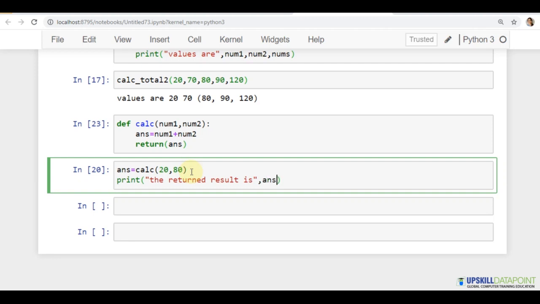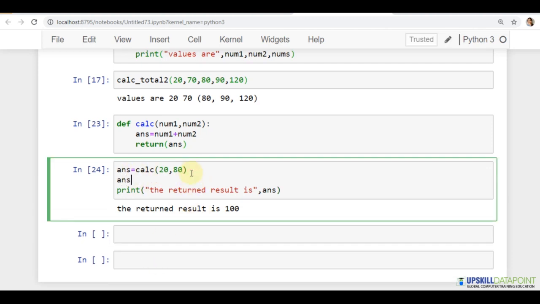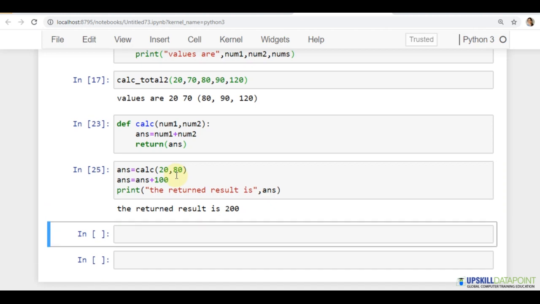Now what's the use of this? The use is, if I wanted to do further calculations, so whatever answer you got, I want to add 100 more to that. Clear? So the result returned was 100. Again it came here, it took the 100 value, it added 100 with it.